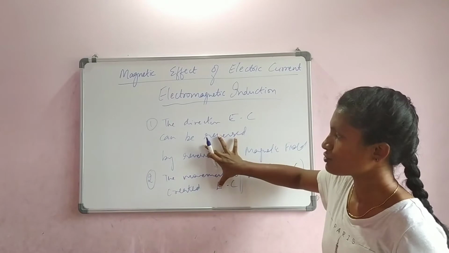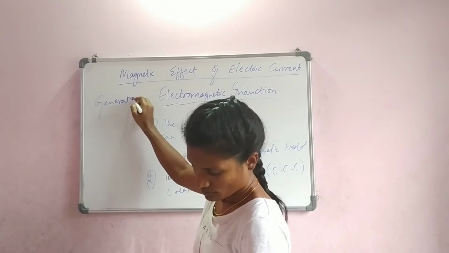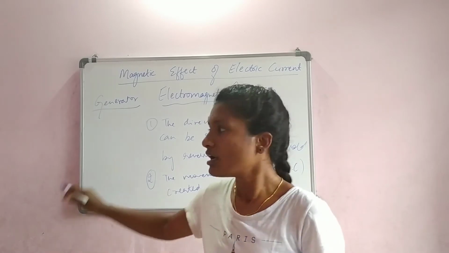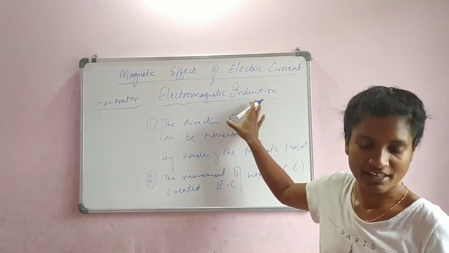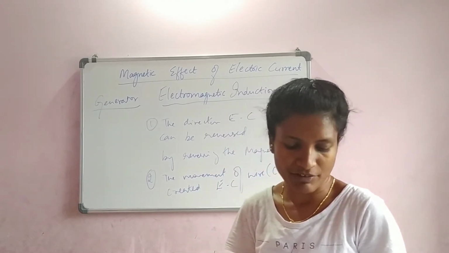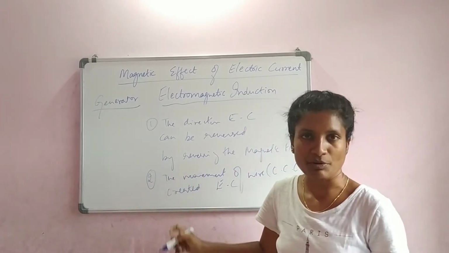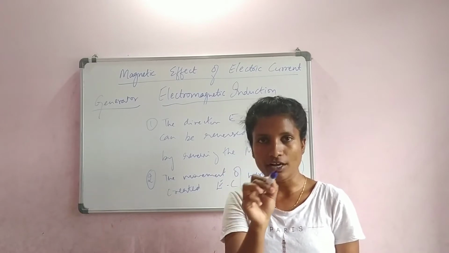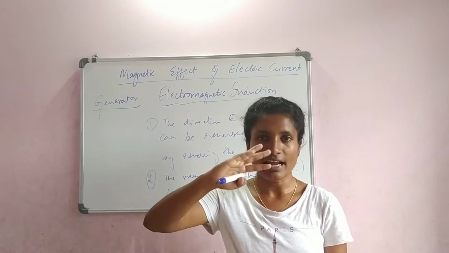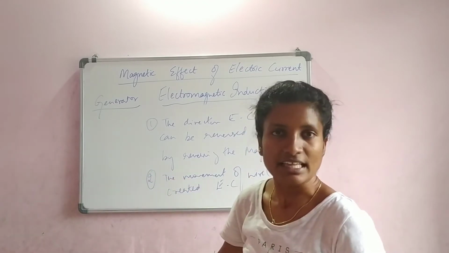Now, depending on these two observations, there is an invention called the generator. A generator is a kind of device which works on the concept of electromagnetic induction. A generator uses the movement of a rectangular coil of wire between the poles of a horseshoe magnet to produce electric current. We just had a straight wire in this experiment. Just imagine a rectangular coil, which we will be studying in the next experiment. If the coil is between two magnets and it rotates, then electricity is generated. Understood? That we will be studying in the next part.